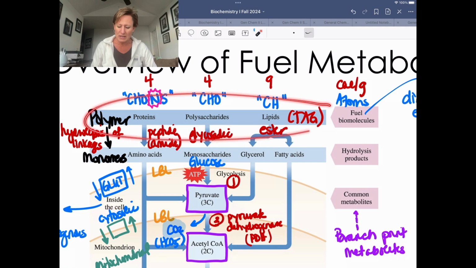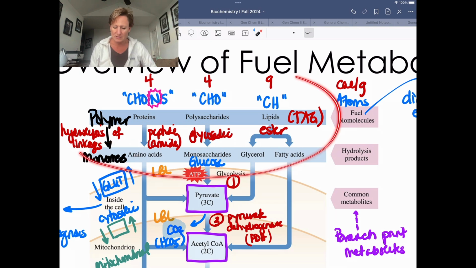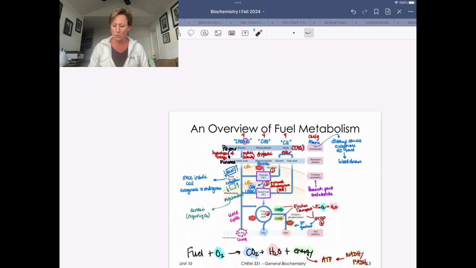When we have fuels that we consume, proteins, carbohydrates, lipids. Again, reminding ourselves that the main purpose of protein consumption is to obtain building blocks. Carbohydrates and lipids really are obtained for fuel. But we've got these polymers or macromolecules that we need to break linkages in order to get them into their monomeric form, because only monomers enter our GI tract and enter our bloodstream. So we're going to be focused kind of on this piece and fully understanding sort of how that process works